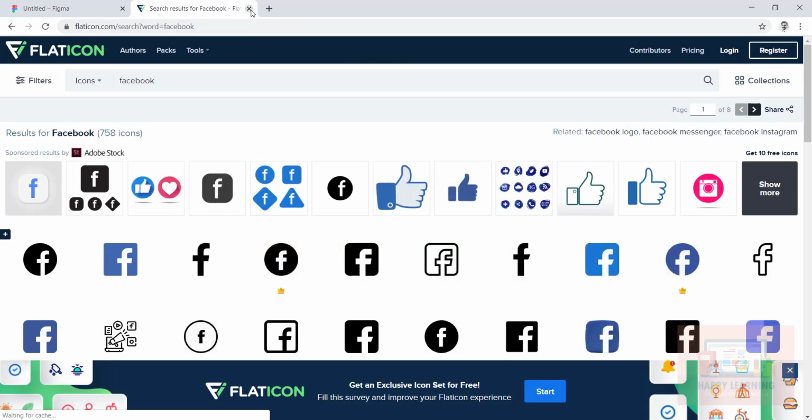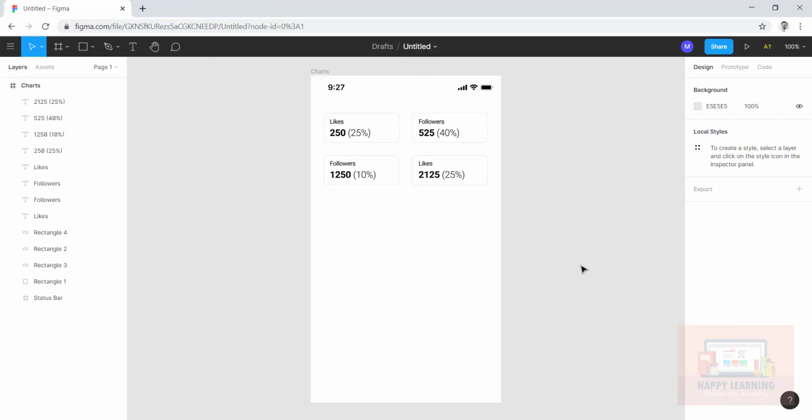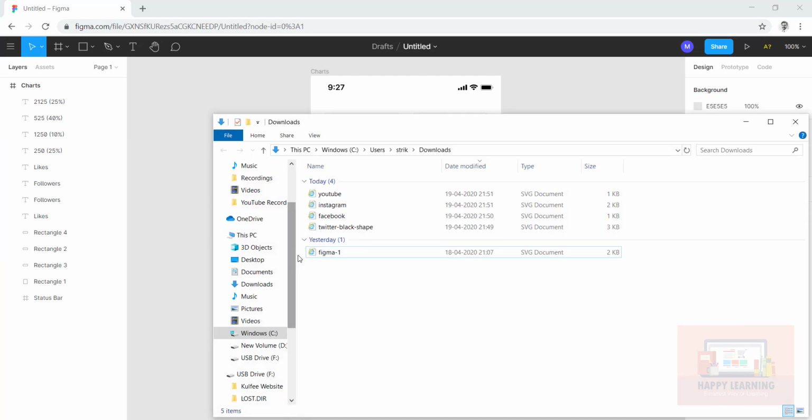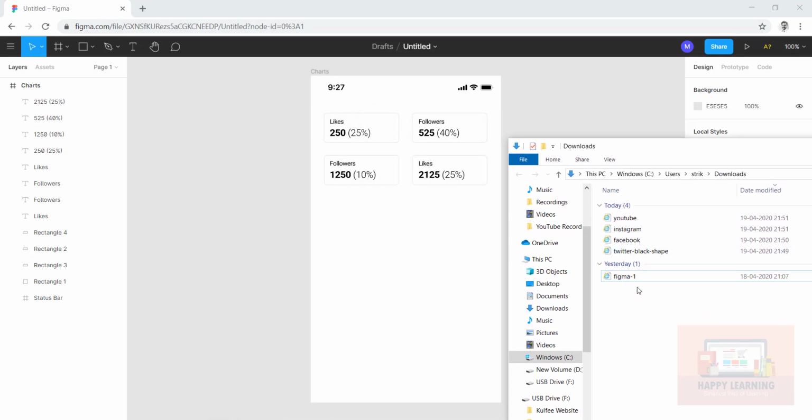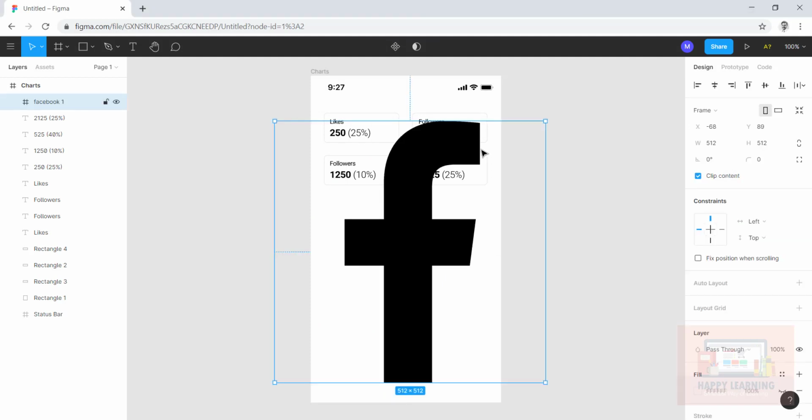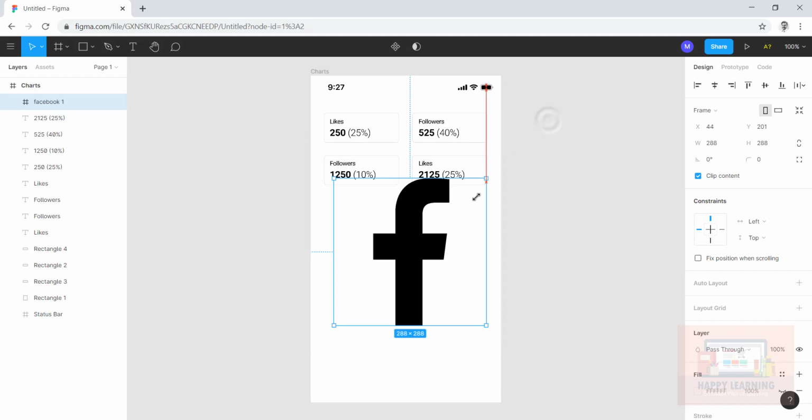I've already downloaded the required icons here in my system. So let me open that folder and I can see YouTube, Instagram, Facebook, and then Twitter. I would like to have Facebook first. Let me take this and let's decrease the size.